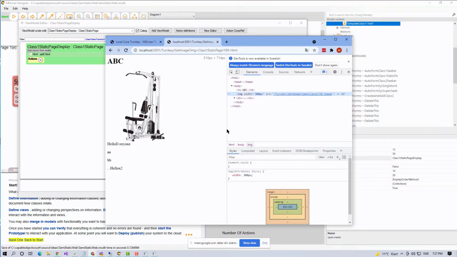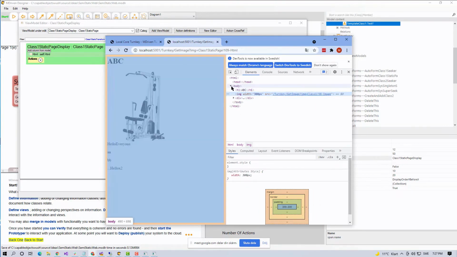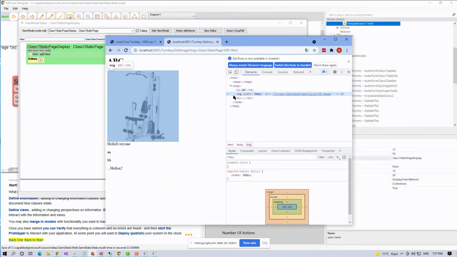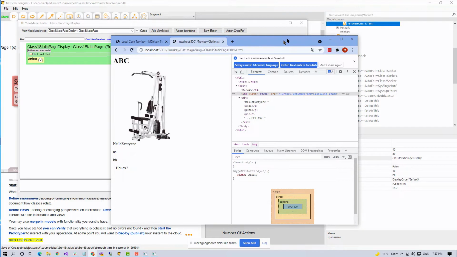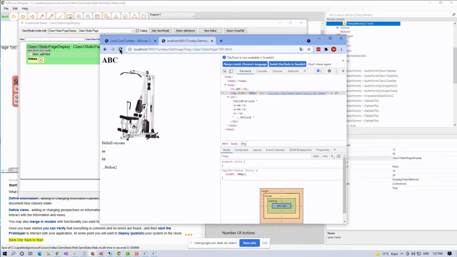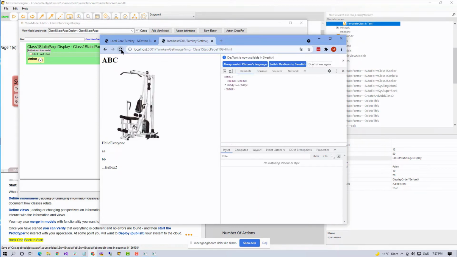So this is very low overhead on the data. Well, of course, now it's MVC, so it won't update automatically if the user doesn't refresh it. But as the user refreshes it,